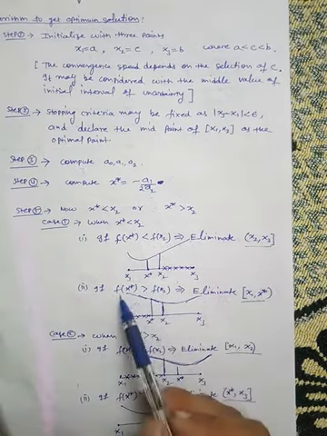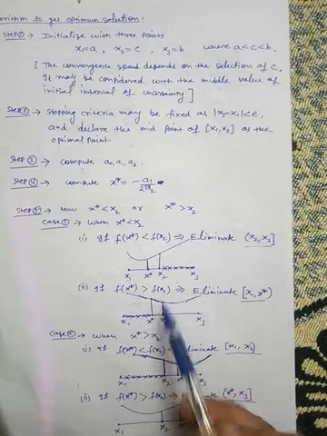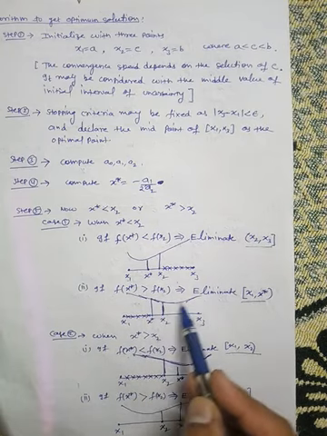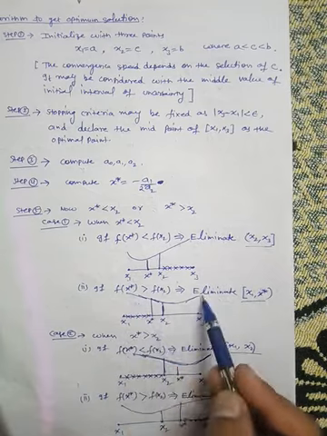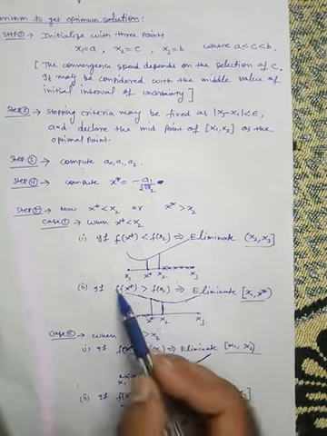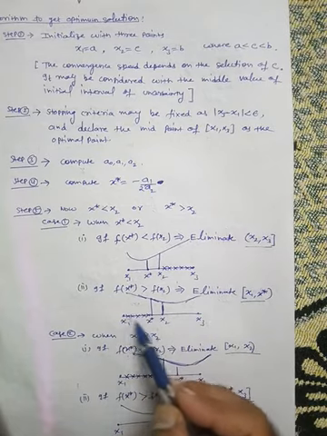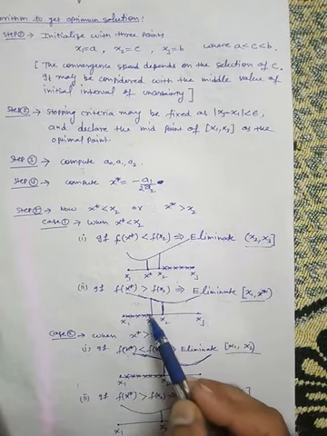The second case is when f of x star is greater than f of x2. In this case you will see that we have this kind of shape here. f of x star is higher than f of x2, that means a decreasing shape. So the minimum lies nearby here, and that's why we can say that this interval is useless.